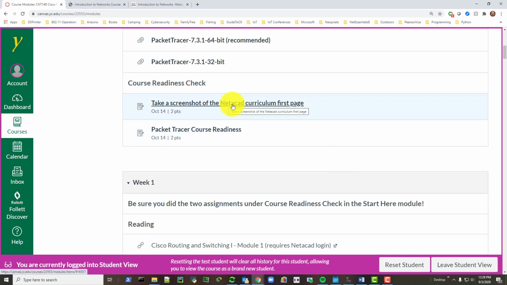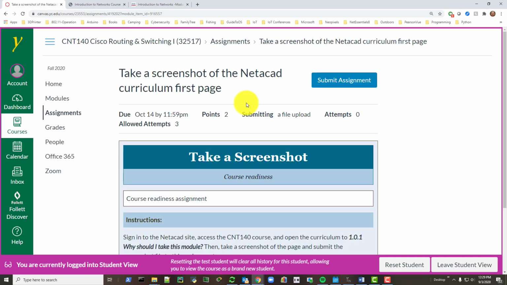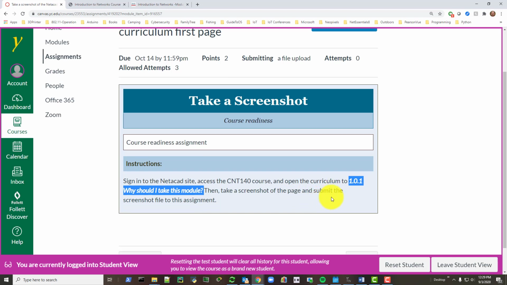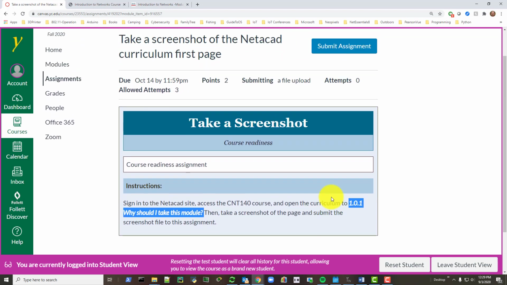So this says take a screenshot of the NetAcad curriculum first page. This is an assignment. So you click on that and it gives you some instructions: sign into the NetAcad site, access a CNT140 course, and open the curriculum to 1.0.1, Why should I take this module? Take a screenshot of that page and submit the screenshot file to this assignment. Okay, so